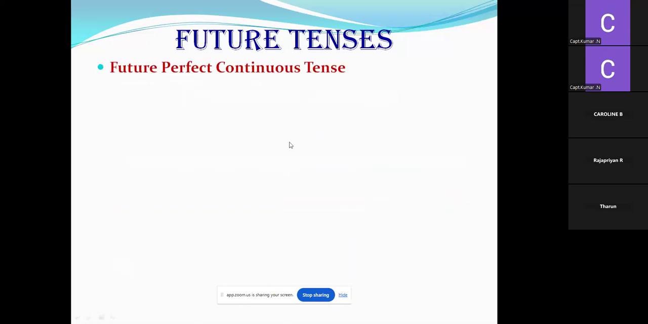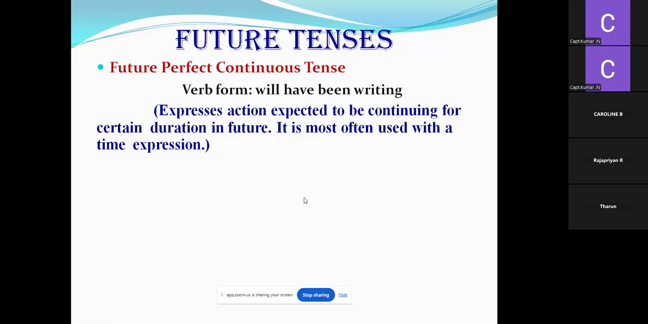Next is future perfect continuous tense. Let's see what is the verb form here. Will have been writing. Future perfect continuous tense is used to express an action expected to be continuing for a certain duration in future. It is most often used with a time expression. Definitely you have to mention the time, and it will tell that the action will be continued for a certain duration